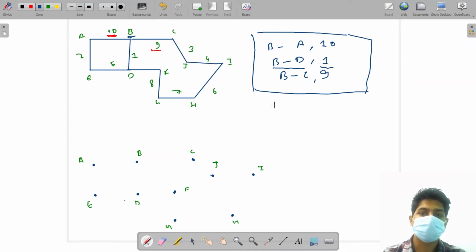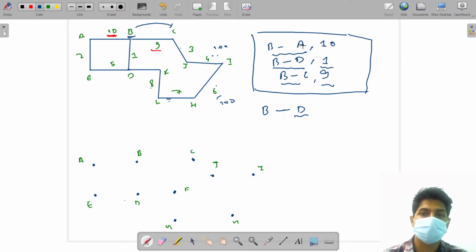Like I can connect computer B to computer D for the moment at the minimum cost. B to A may be the minimum cost, or there may be another option for B to A, like I can travel this way, and this one can be the minimum option. Similarly, for B to C, one option is to connect directly from B to C. Another option is that I traverse the graph and then come back to C, and that may be the minimum option. Suppose all the weights in this path are zero cost, then this one will be the minimum. And if instead of 6 it is 100 units, and instead of 4 it is 100 units, then it will not be the minimum answer, and in that case B to C will be our answer.